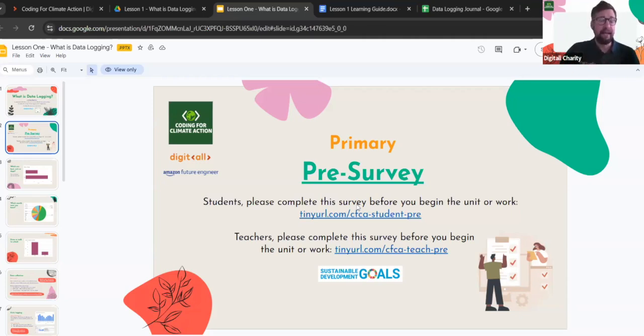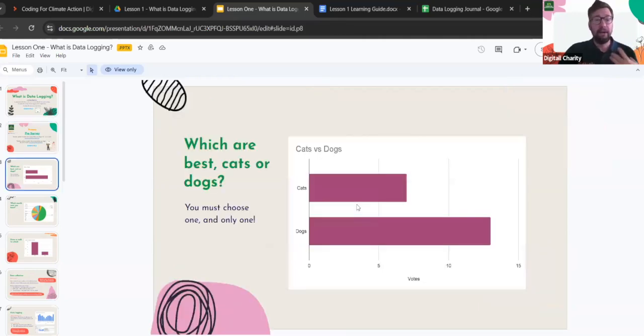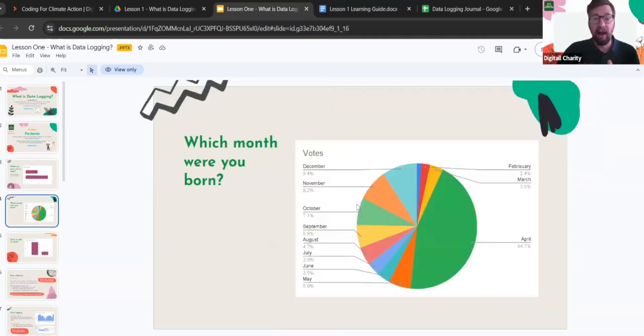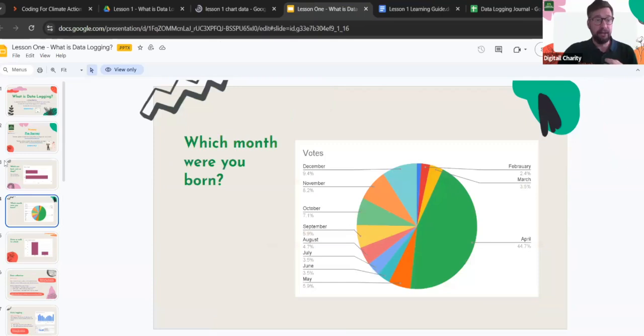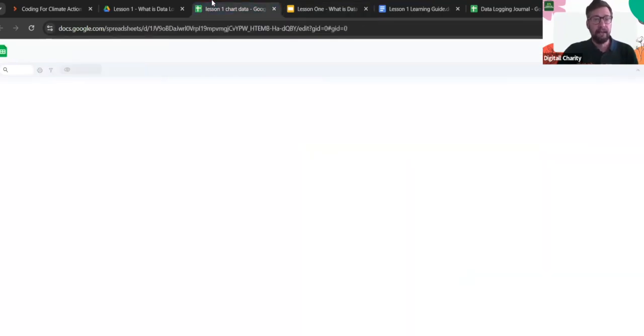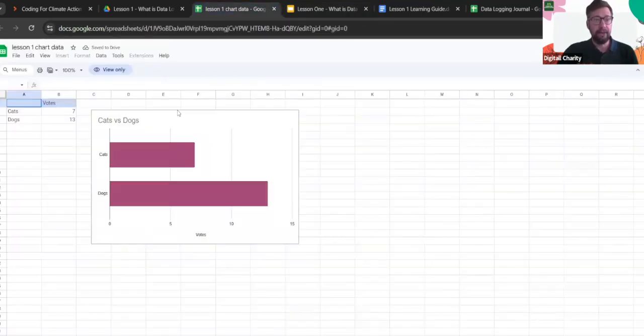So as I've said, the lesson is geared around introducing data logging and microbits and inputs and outputs. The lesson starts with a few questions about collecting some data and representing it in a graph. These aren't live graphs, so what you can do is go to the lesson 1 chart here and update the student data there and, having asked these questions of the class, show the students the change